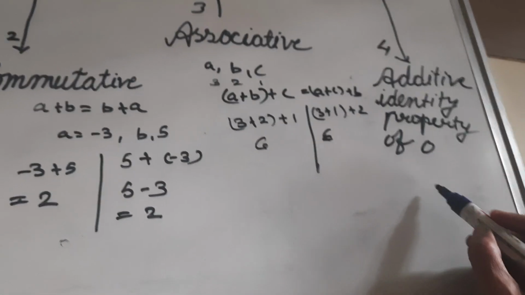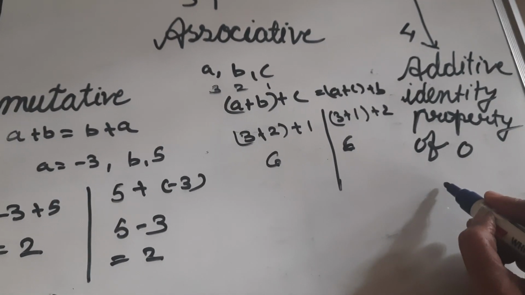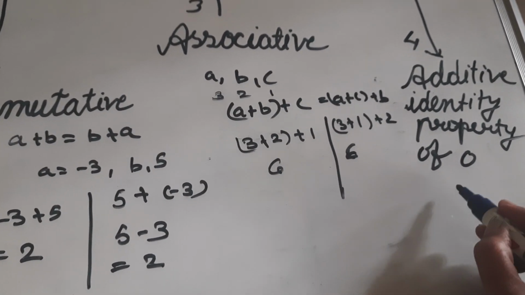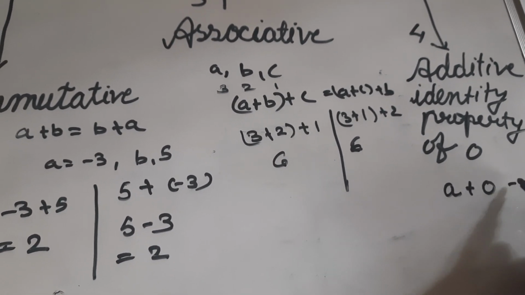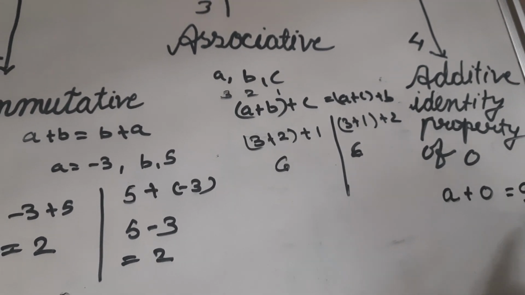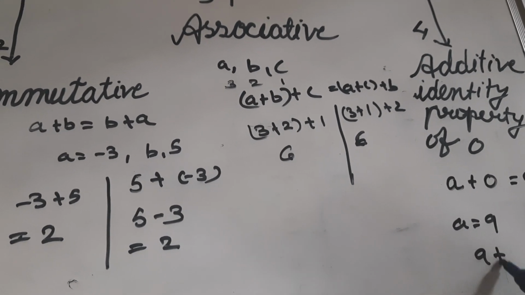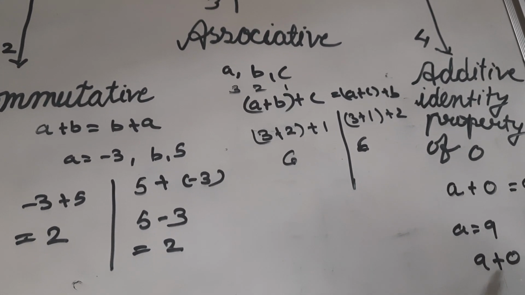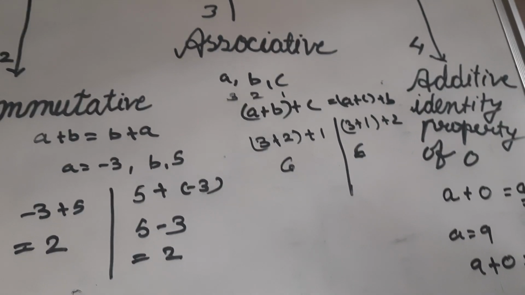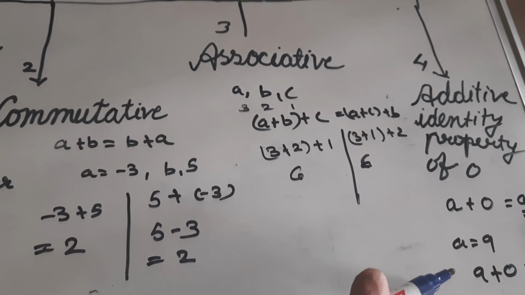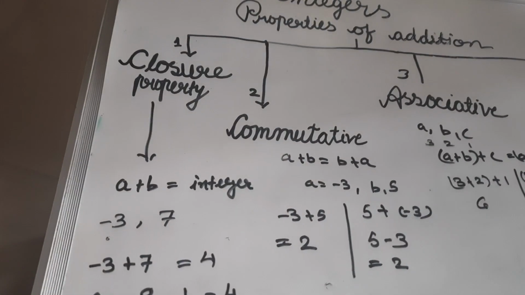Then comes additive identity property of 0. It says that if we add 0 to any integer, the answer remains the same, the number itself. Let's say a is equal to 9. So 9 plus 0 is equal to 9. You add 0 to any number, the answer remains the number itself. This is called additive identity. So that's it. And now we are going to see the